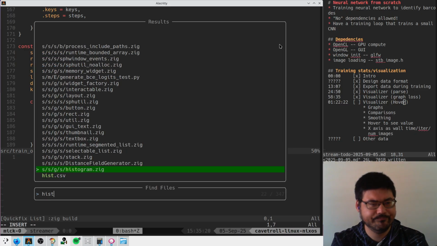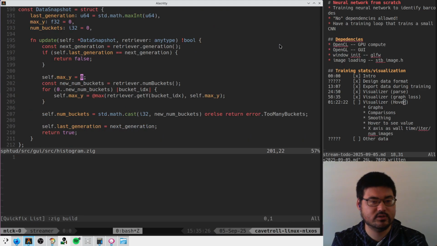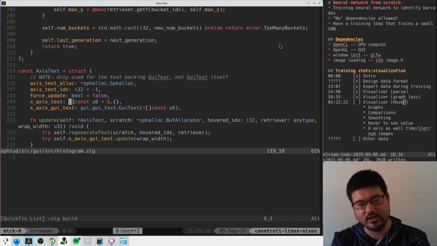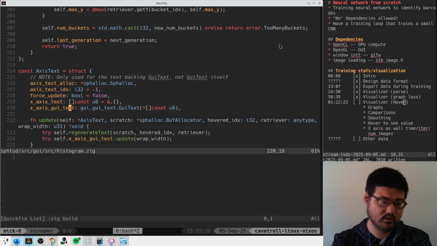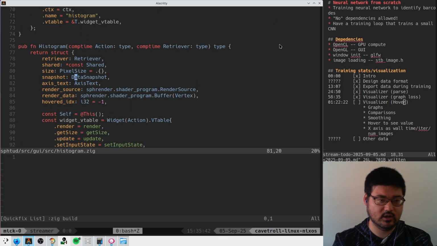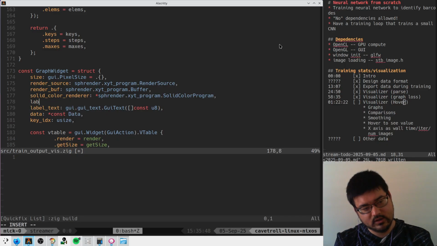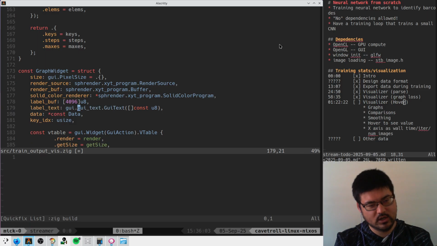What do we do for histogram? He had axis text here, which had an allocation and a pointer to that allocation. This is a pain. Okay, here's what we will do. I've decided. We are going to hold label buff here somewhere. Label text. So here we want this to be like